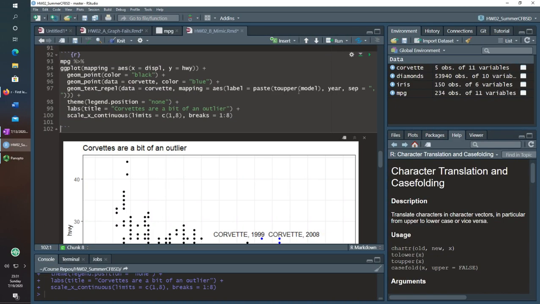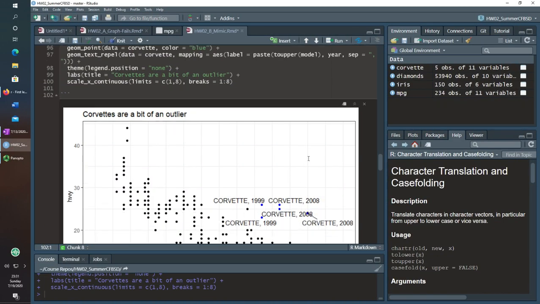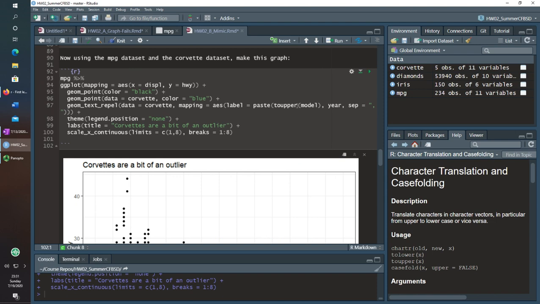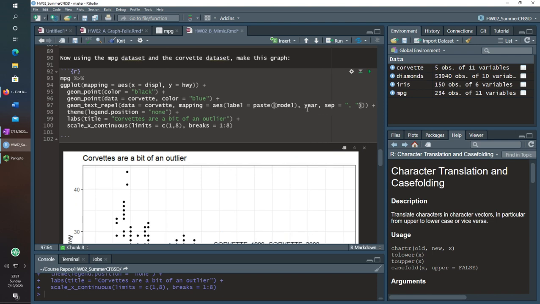So you can see where it was lowercase, and if you use toupper, it actually capitalizes every single letter in there. There's multiple ways of doing this again.